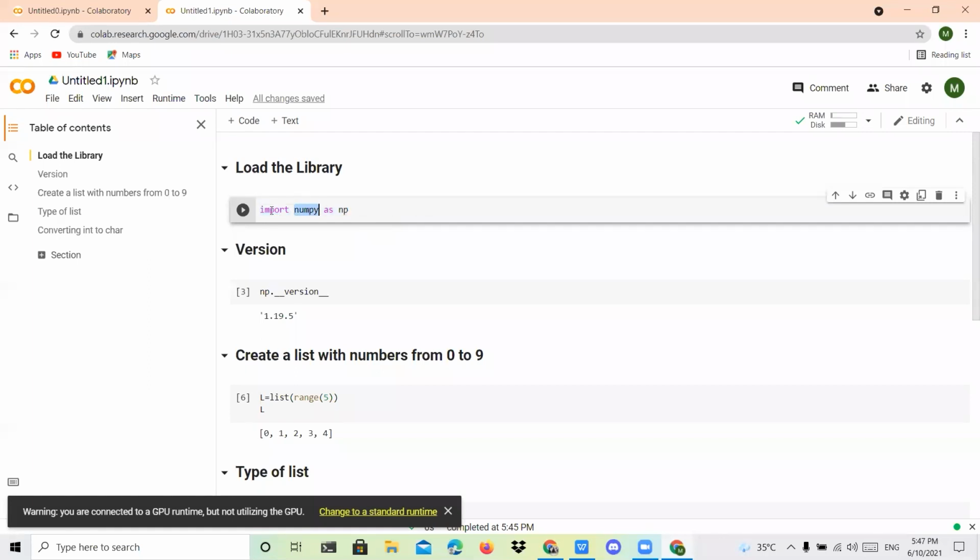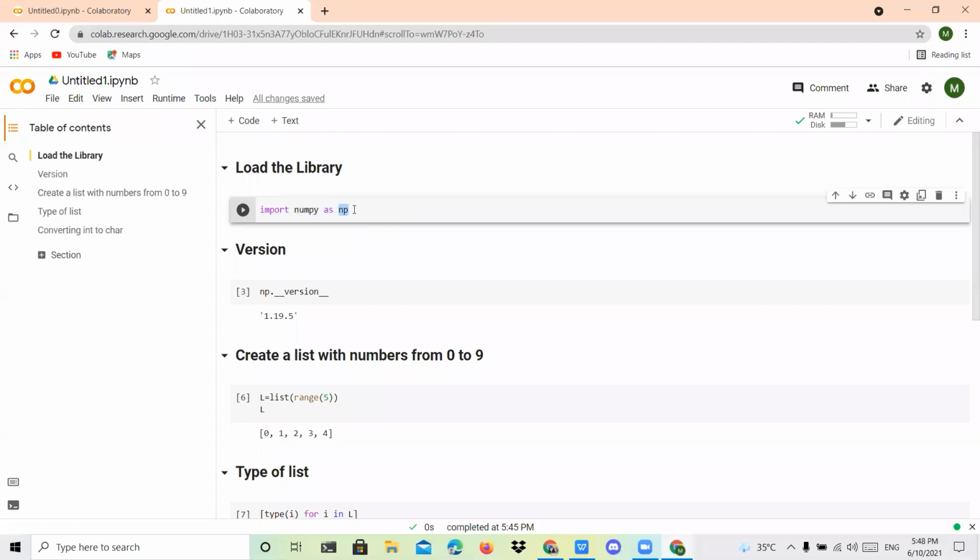You have to use import numpy as np, where np is a variable name. You can give your own name also, that is your wish; it is a user-defined variable name. Before this, I typed the text: load the library.